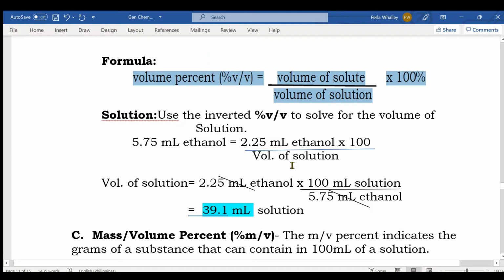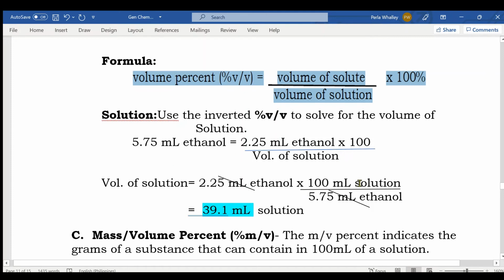If we cross multiply, volume of solution multiplied by volume percent v over v. So there is 5.75 here. The volume of solution will be here, and then the volume percent v over v will transfer in the denominator. So volume of solution is equal to 2.25 ml of ethanol times